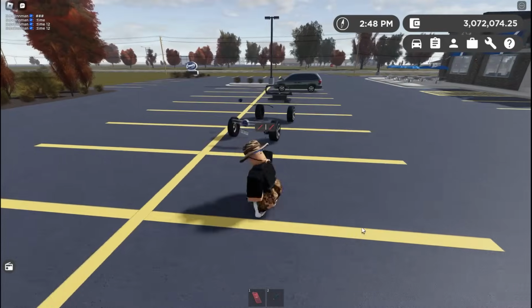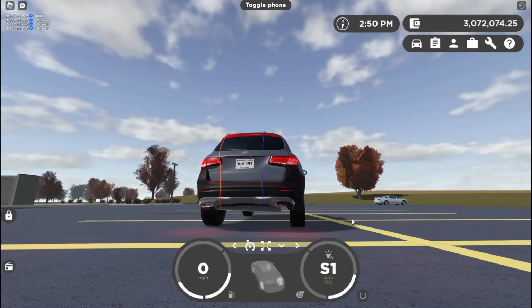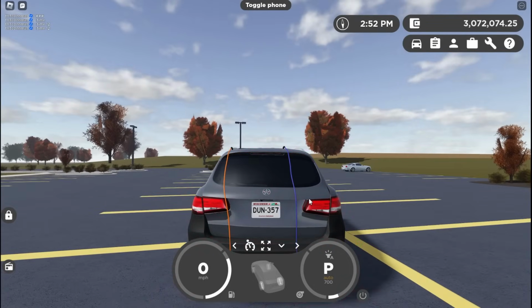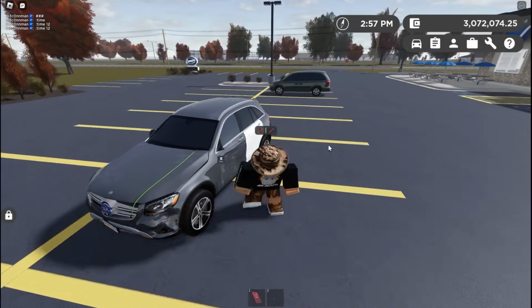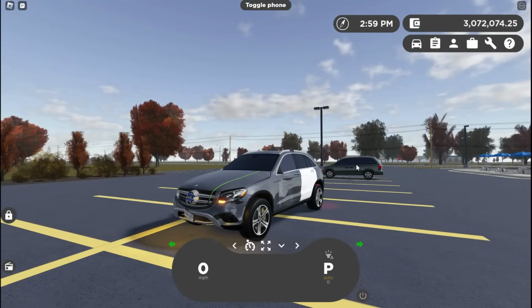Whatever. Also, got the good old beater Mercedes. This thing recently got a remodel not too long ago. This thing's fire. Literally, the entire car's falling apart. We got the hyper blink. Gotta love that. LEDs going out on the turn signals. Absolutely phenomenal. Very good beater car, I will say that. And you got the belt screech. Except I will say, I'm really confused why, when you turn the car off, there's belt screech. I don't understand why there should be belt screech when the car is off, but...